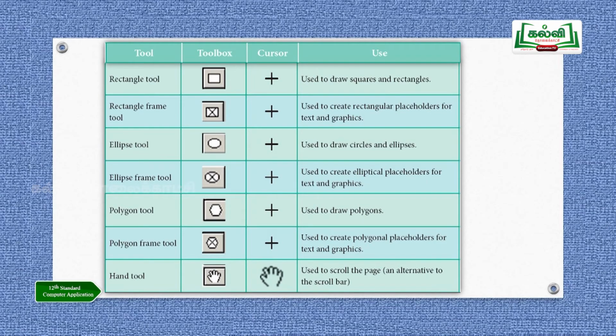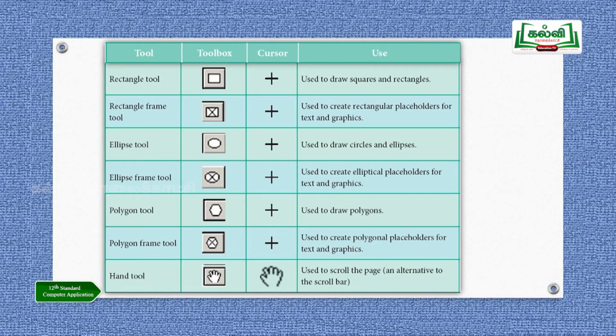Okay, pointer tool, rectangular frame tool, ellipse frame tool, line tool, and then constraint line tool. This will be easier for you to remember. Line tool is used to draw straight lines, and the constraint line tool is used to draw vertical and horizontal lines at the same time. So this will be very easy and take little time for you. You will feel relaxed to answer this question in your annual examination, right?